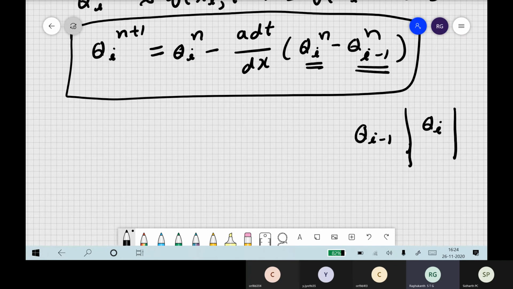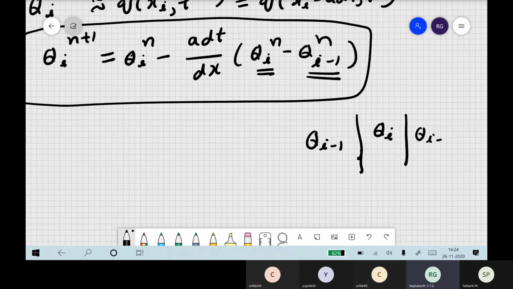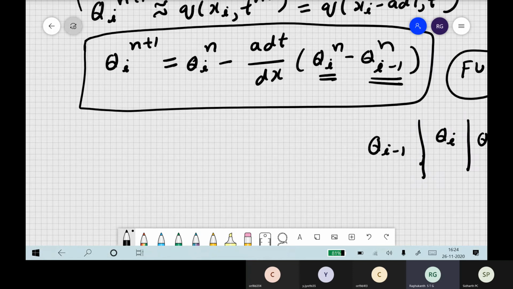So what does it mean? What is it trying to tell us? What is happening? Flow is going from where to where? Flow is going from left to right. So there is no q_(i+1), we are not assuming like this. Anyway, this is a finite difference scheme, but the physical meaning, if you want to interpret in terms of finite volume method, is that the flow is coming from this side and going to the other side. This is how the interpretation has to be made here.